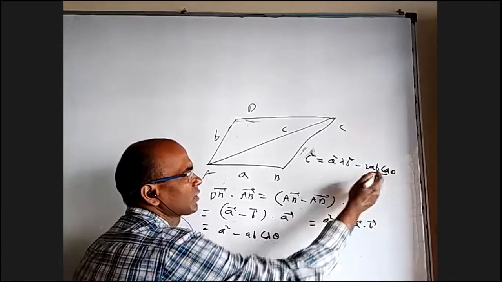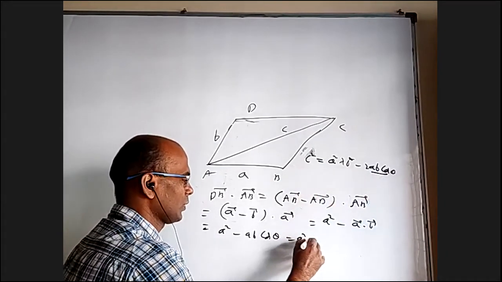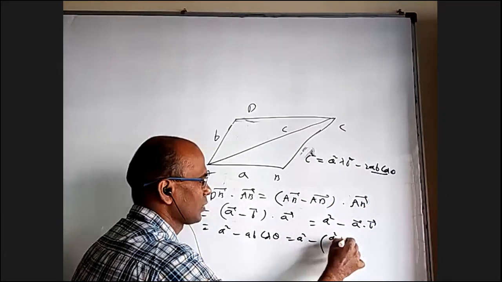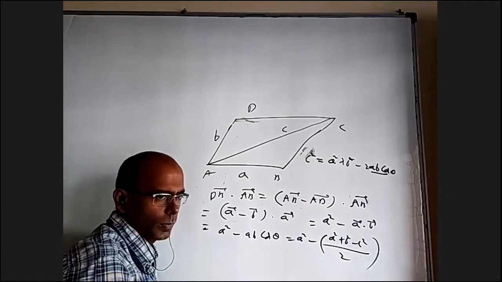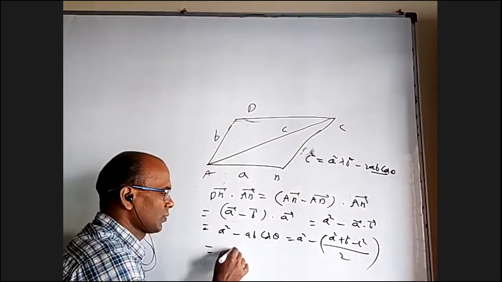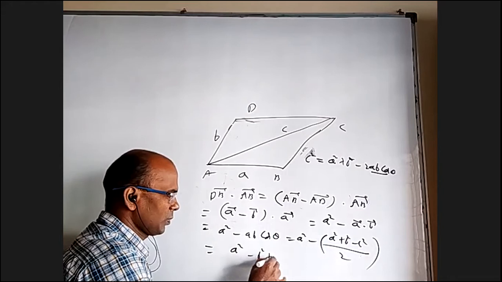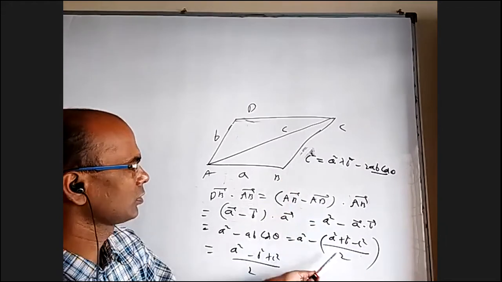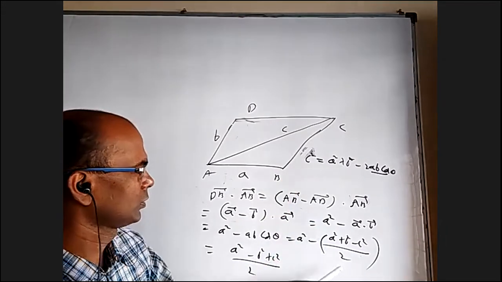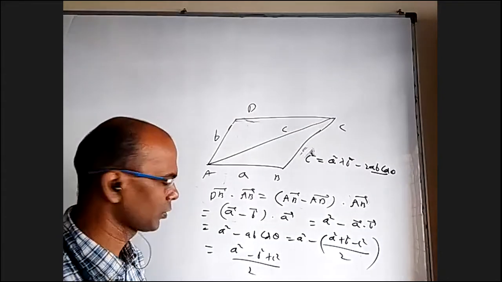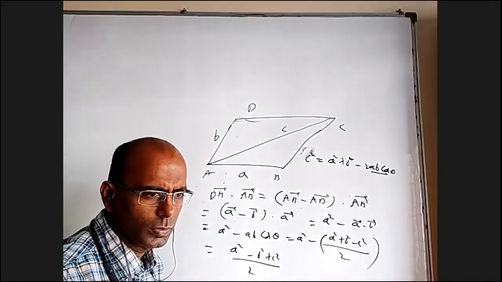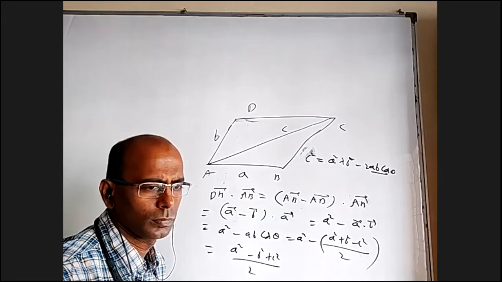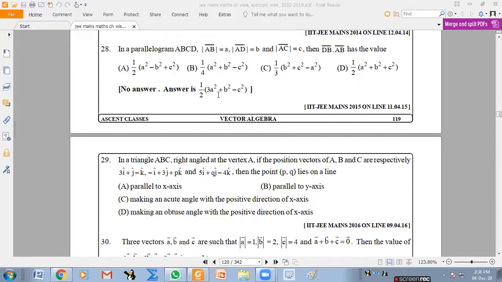Anyway, what is AB cos theta will come when you bring this one here, this one here. A square minus AB cos theta will be A square plus B square minus C square by 2. When you simplify, you will get 2A square minus A square, which is A square, minus B square plus C square by 2. I want including minus, so yeah, this is fine. Plus C square. Okay. Did I write correctly? I wrote 3A square, my plus B square minus C square of it. So I need to have some plus here.